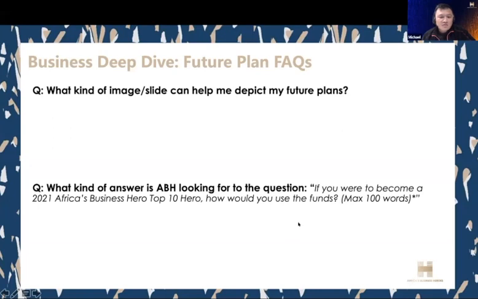Be relevant to your business: how do you want to grow your business using the fund to the next stage? And always be mindful of what you answered before, because those two questions are correlated: your future plan links to the fund that you are trying to get and use. So that's basically my suggestion.